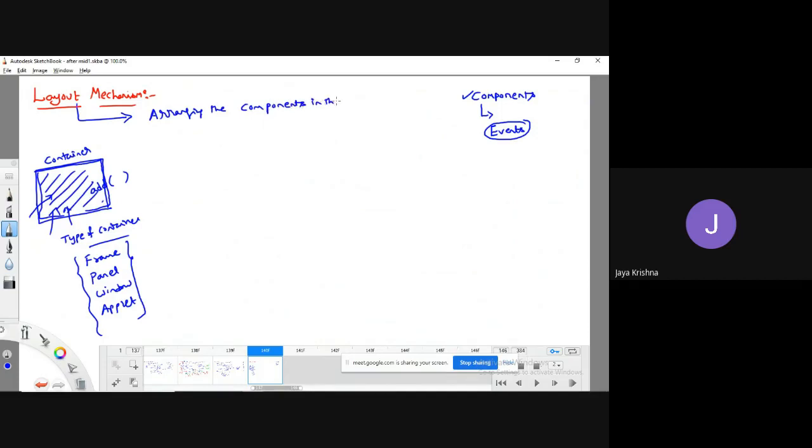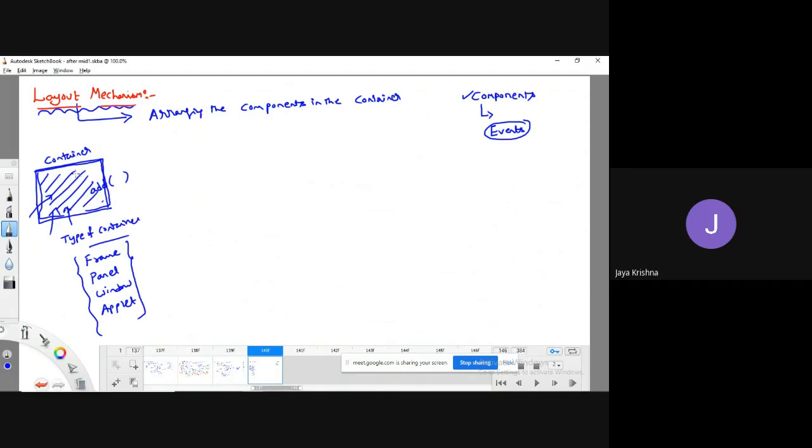Meaning that if you would like to place the components in a particular order, then we can use the concept of layout mechanism.